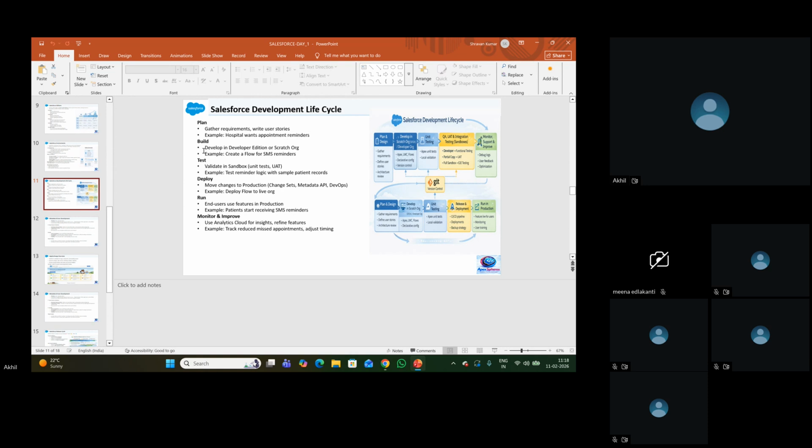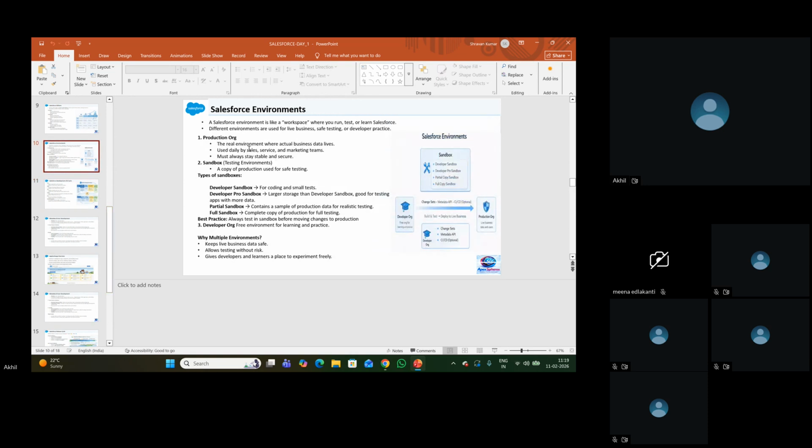For that, we can't directly go into the production org and make that change. Can we do that? No. Why? First we have to plan, then we have to use the sandbox feature.